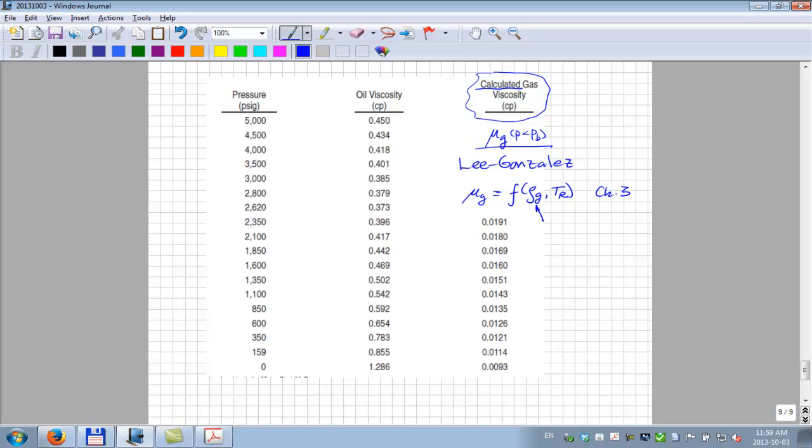So you have to have the density and the temperature. I think that's all that goes into that correlation. In general, you can probably expect these to be within about 5% or better. Okay, that's it. So tomorrow we'll look at the gas condensate, the constant volume depletion study, and